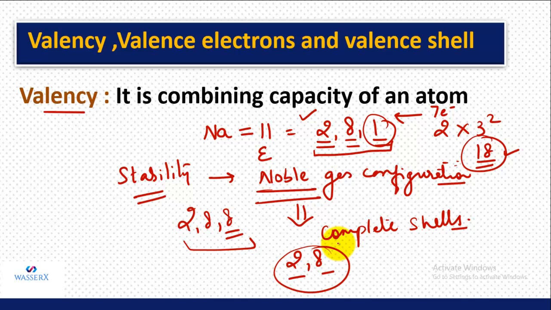So what is going to be easier? Obviously losing 1 electron will be easier, because the number of electrons it is going to lose is just 1, and the number of electrons which it is going to accept will be 7. So obviously the small number is much easier. So that means it will lose 1 electron. As it is losing 1 electron, its valency becomes 1. But the valencies are described in terms of positive and negative terms. So because it is losing 1 electron, its valency will be plus 1.